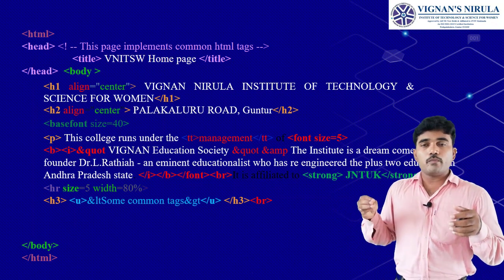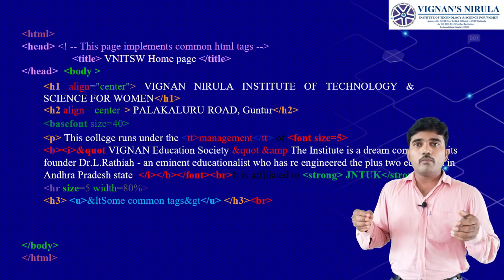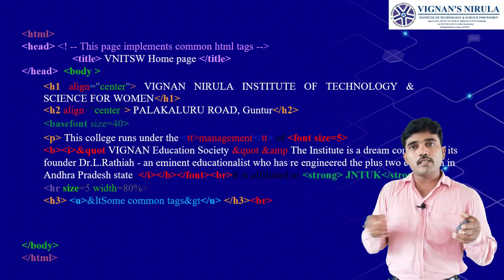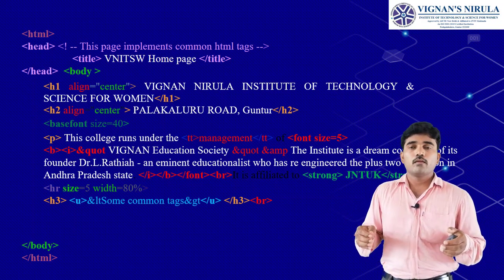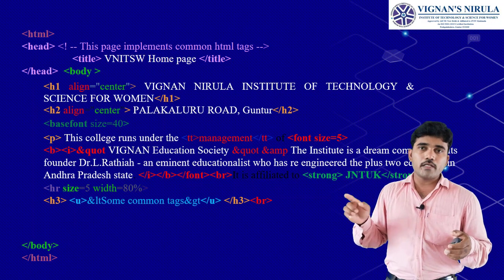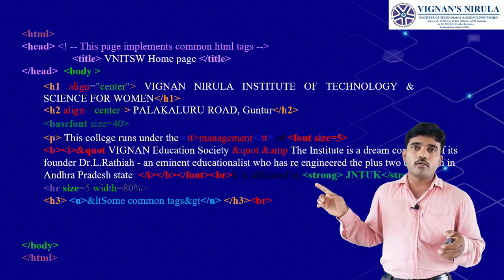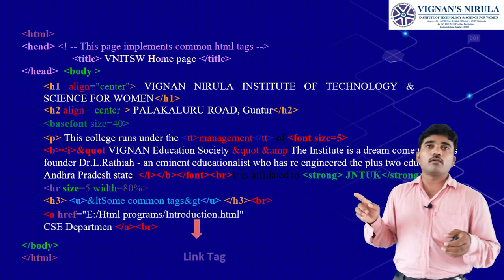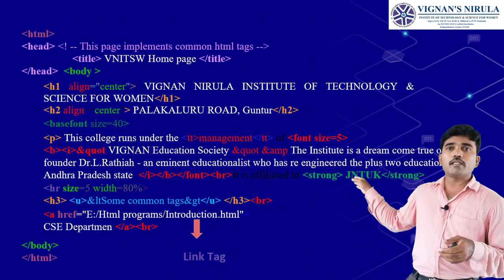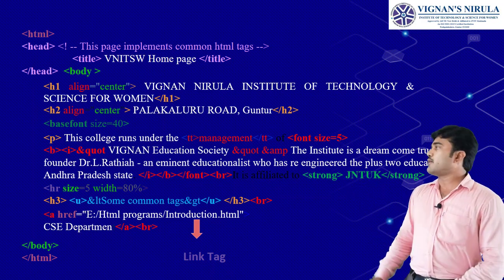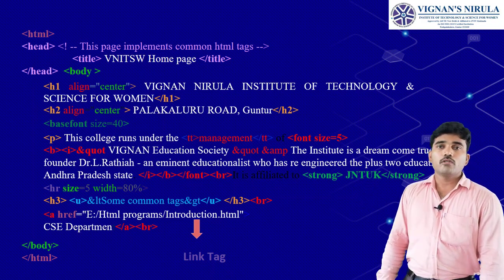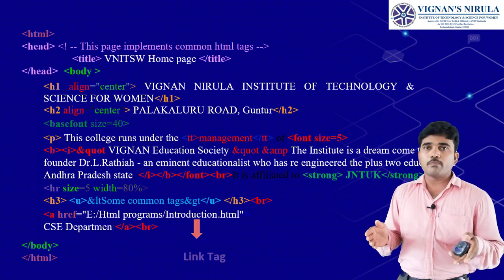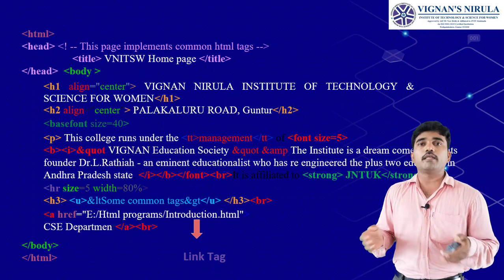But what about this? If you want to write the left angle bracket and right angle bracket themselves in your web document, how do you write them? They are preceded by &LT and followed by &GT. That is some common tags. And as usual, H3 is closed. Followed by that, here I have mentioned A. So A means hyperlink or hypertext link.